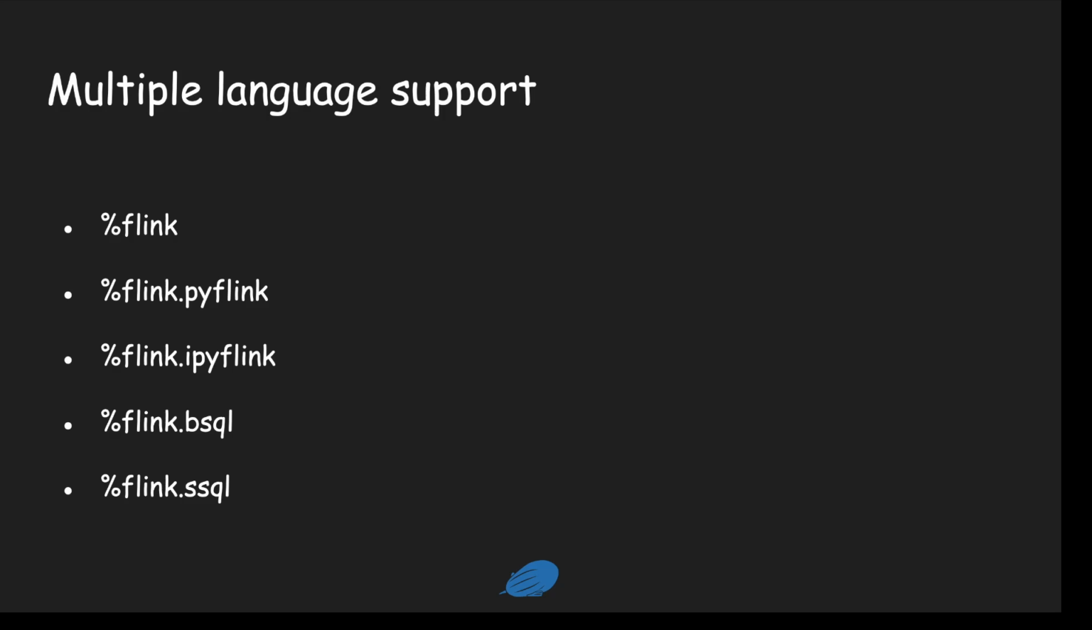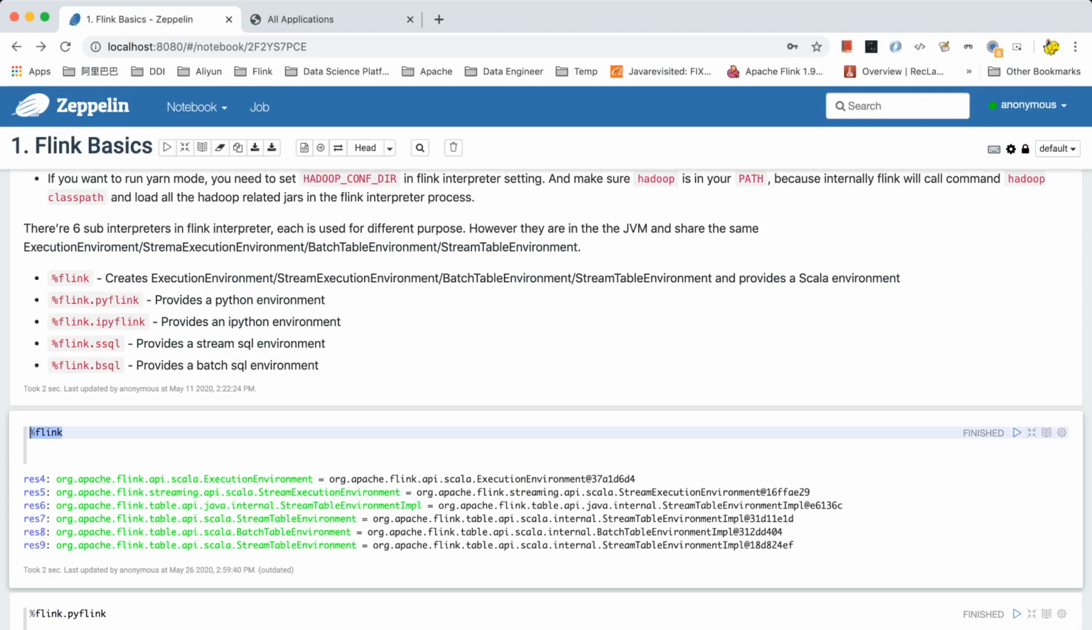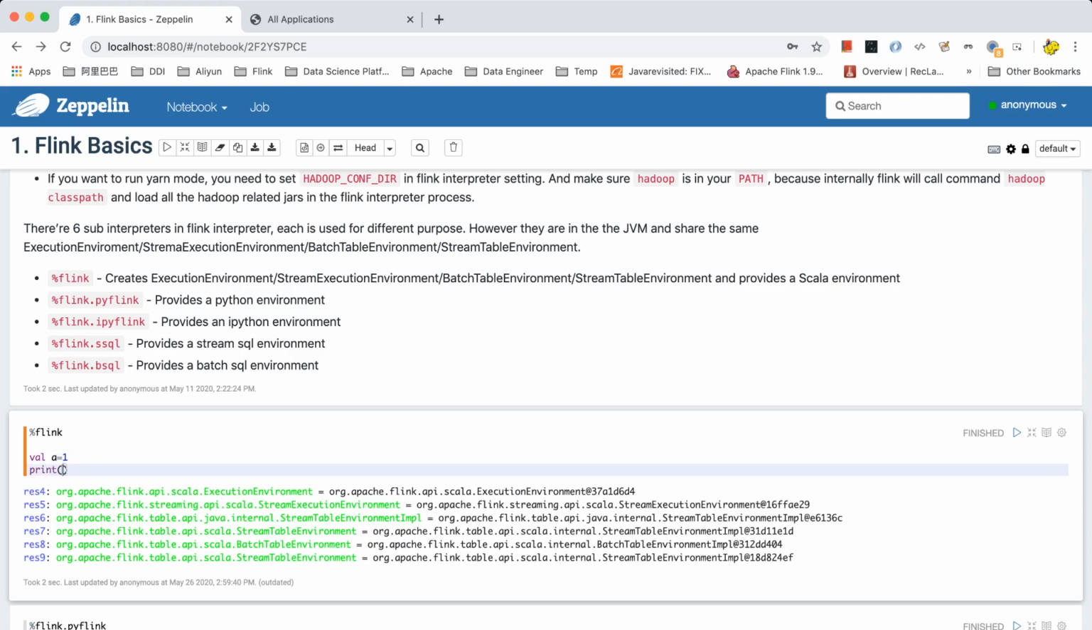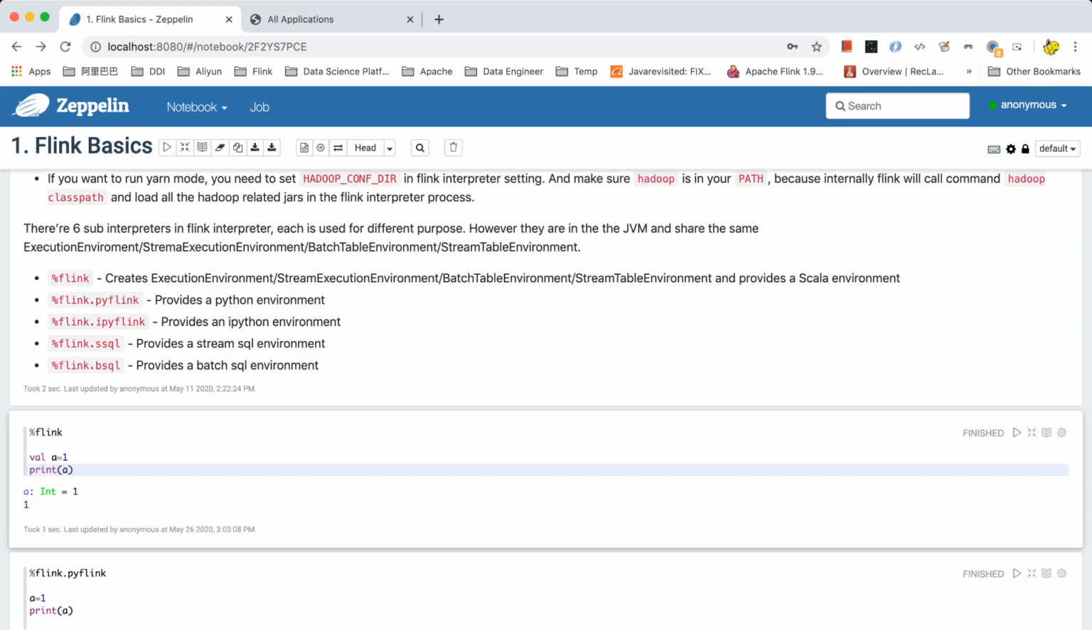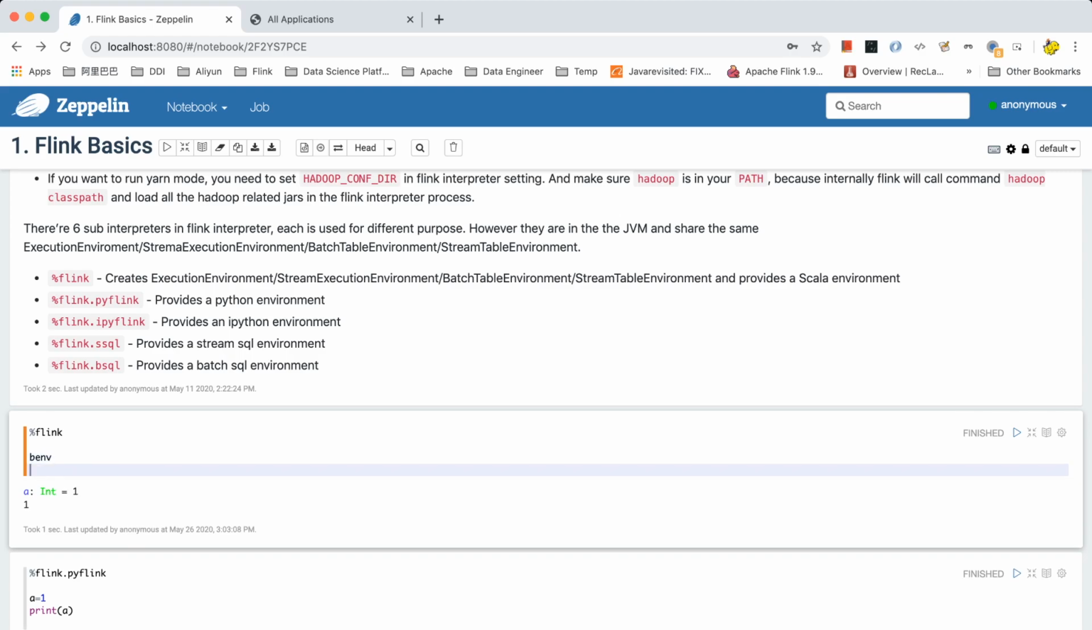Now let's go to the Zeppelin. So here, %Flink means that after that is the Scala code. Now let's write some Scala code. Okay, and in the Scala environment, there are already several built-in variables like benv, senv,